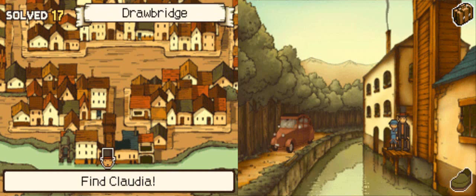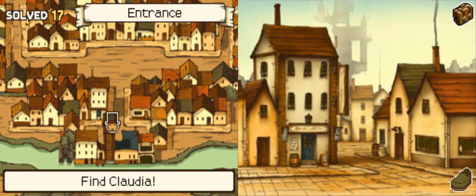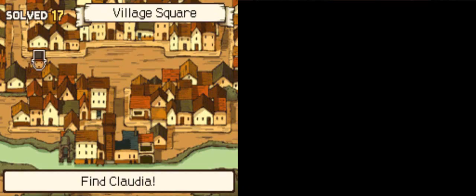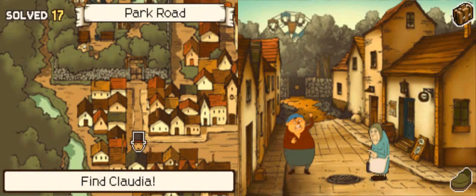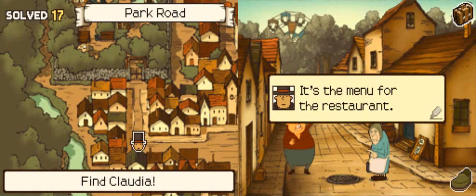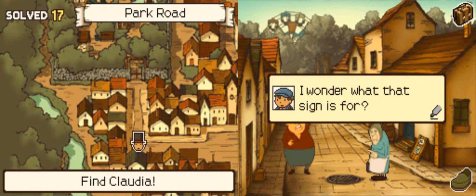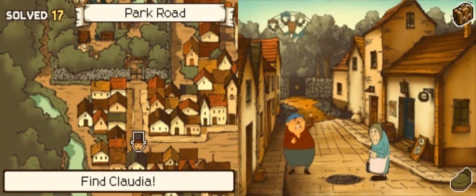In the last episode we've been searching all episode for that cat, Claudia, and I guess we also checked in at a hotel, but you know, the cat's more important now, so let's go and find her. The left here is the only place we haven't been to yet. It's the menu for the restaurant, yes I know. I wonder what that sign is for. I might actually...